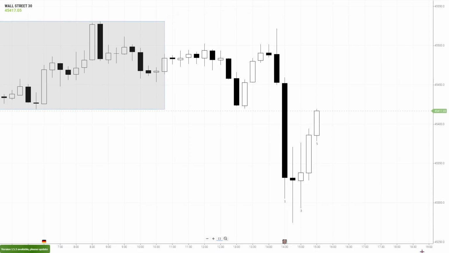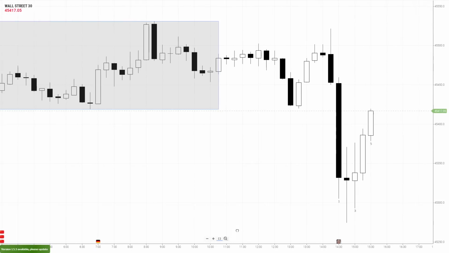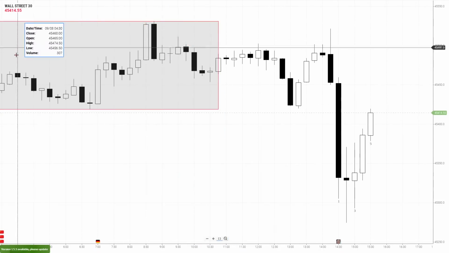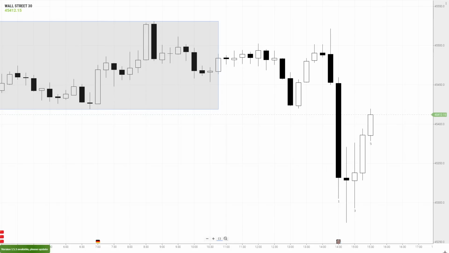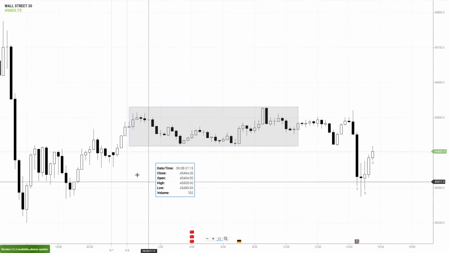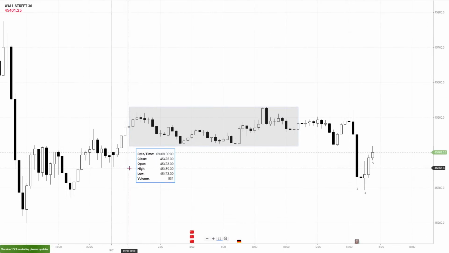What you're seeing here is a 15-minute chart of the Dow Jones Index. Over here you have the overnight range. And on the note of the overnight range, this is the overnight range as I have defined it. You are entitled to define it how you see it, but my overnight range is roughly defined as midnight in Europe